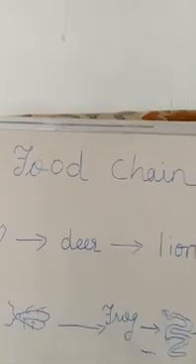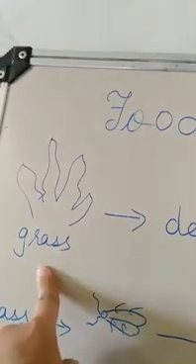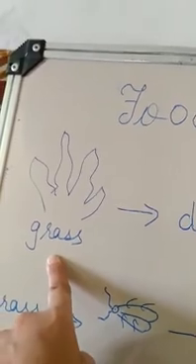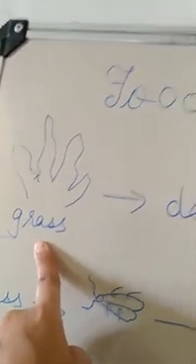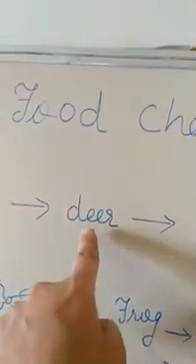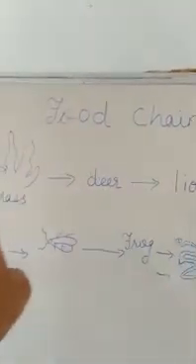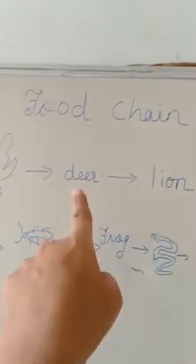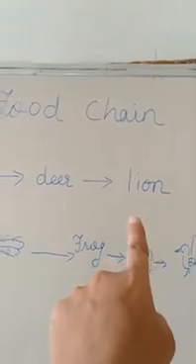So today we will study about the food chain. What is a food chain? Here I will explain the green plants or the grass. It is called the producer because the green plants themselves prepare the food in the presence of sunlight. The grass is eaten away by the deer, that is a herbivore. And the herbivore, like deer, is eaten away by the lion. So this is called a food chain. The grass is eaten by the herbivore like deer. The deer is eaten away by the carnivore like lion.